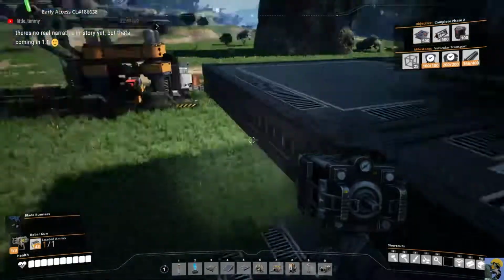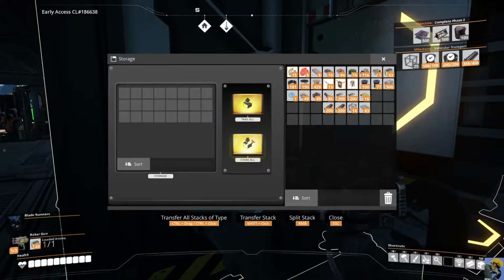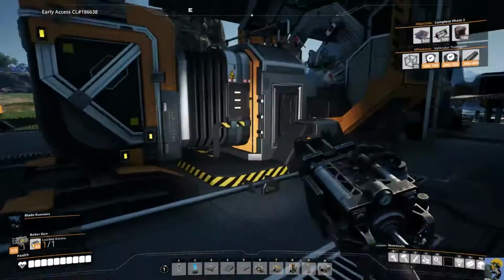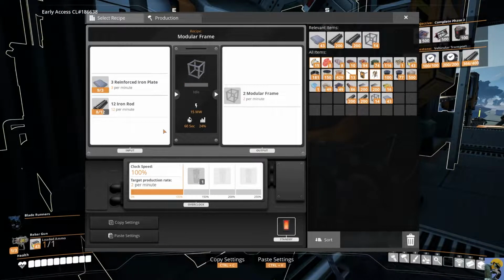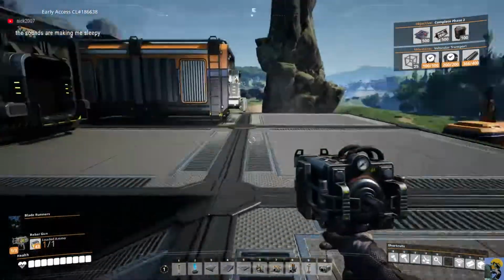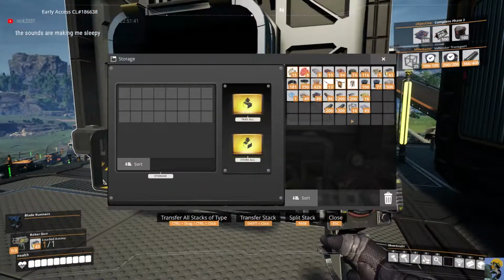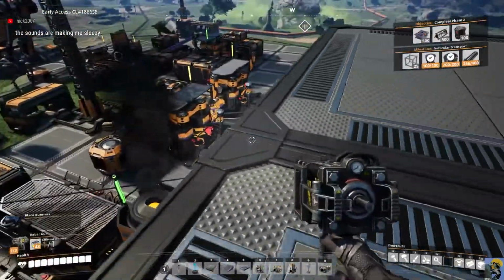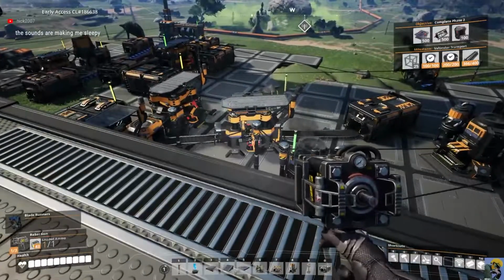All right, let me check down below and see how many of the modular frames I have made. Not that many, because I must be out of something. What are you missing? Oh, iron rods, the easiest thing to get. Well, let's give you some more iron rods, then. Okay, so I need some iron rods, and I'm running low on them. So I might want to separate...